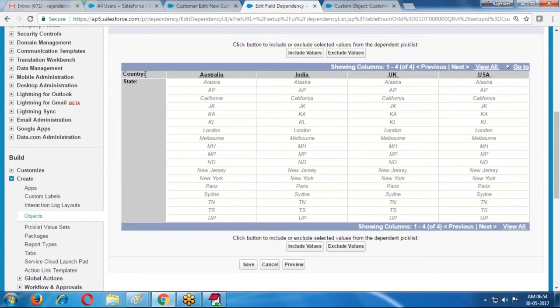Now the country names: Australia, India, UK, USA. What state names do you require for Australia? For Australia, I'm selecting Melbourne and Sydney. These two I require. Use the control option and select these two. If you want to save these values for your Australia state, click include values. It is remembering. For India, AP,